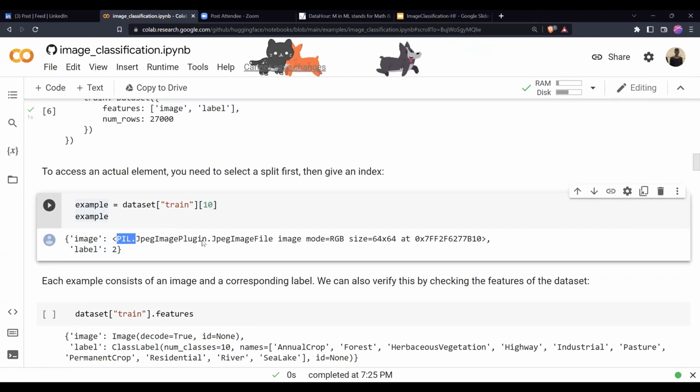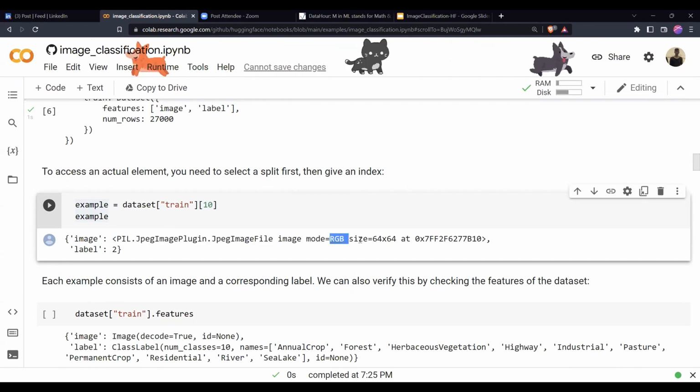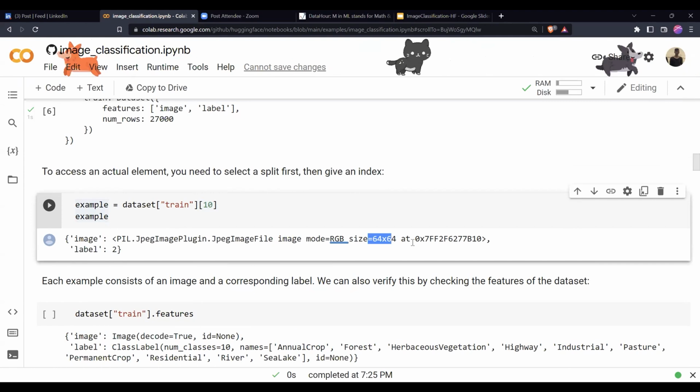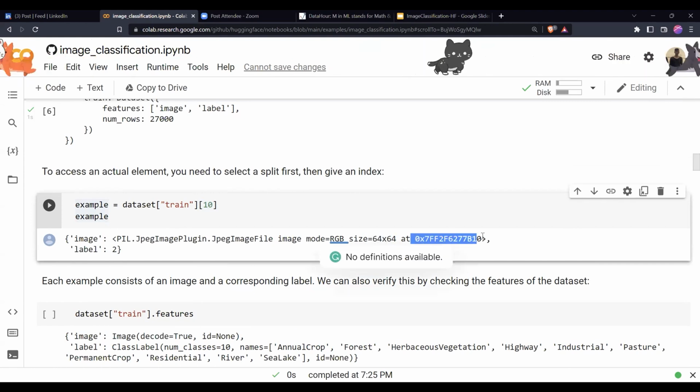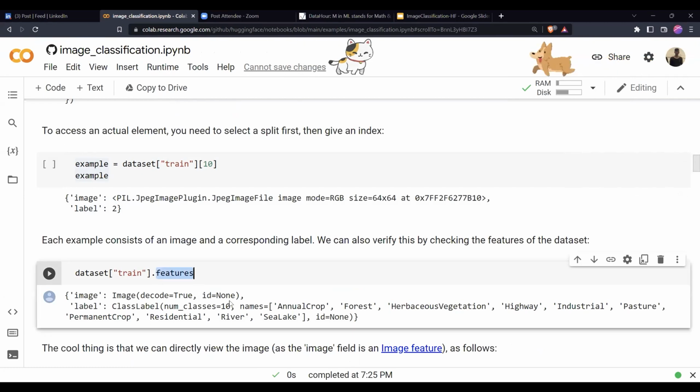It stores the image and even tells you what kind of channels it has and what its size is. We are storing it at some memory location, which we will come back to later. And labels, we are not storing as text. Here it is numbers, but you can get the text by using the features attribute.